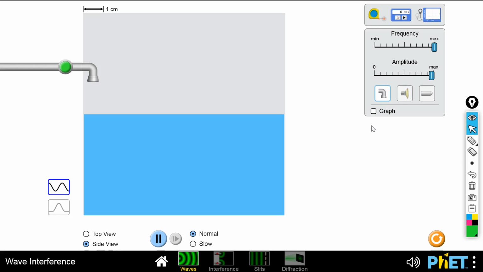I don't think there's anything else I need to do. No, okay. So let's start talking about waves. What we have is a side view of a water drop that hits the surface of a pond, or anything of water, and because of the weight of that water it causes displacement. If we do a single pulse, we can see that. Now we can stop the pulse, and let's do it again and take it step by step. The water starts to come out, hits the surface,